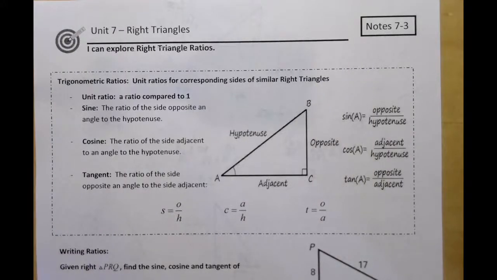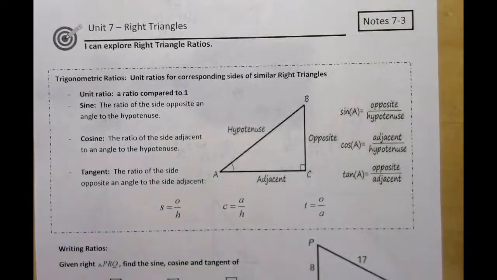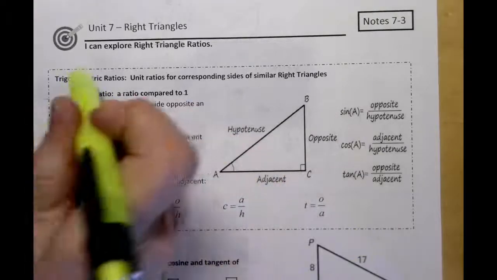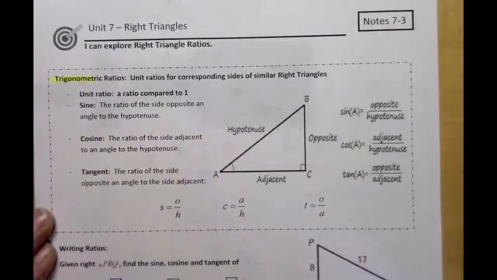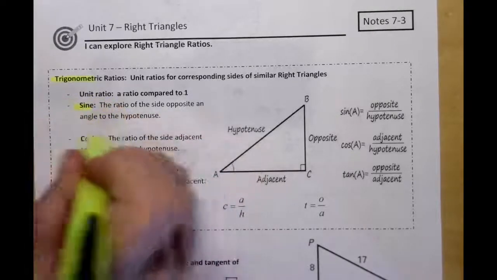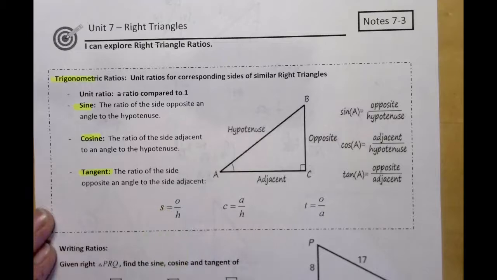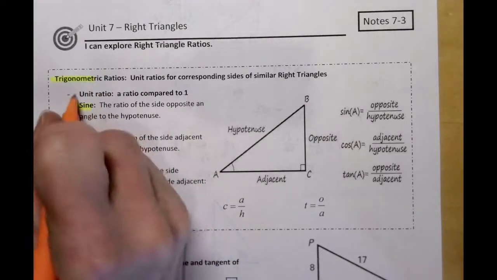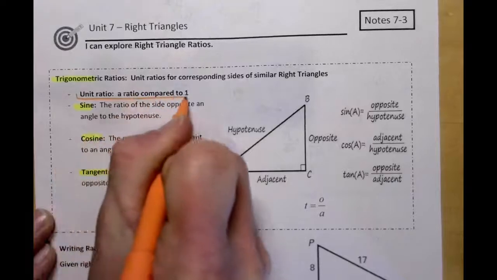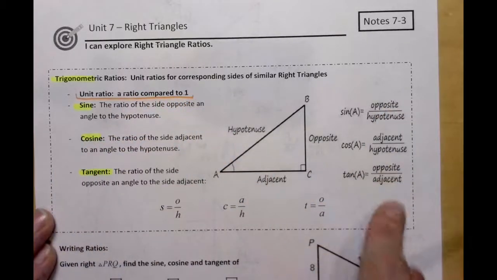All right, so here we go. Here's all about trig ratios. Trigonometric is the fancy word for triangle. And it's triangle ratios, and we have three of them we're going to learn about: sine, cosine, and tangent. And each of these are a unit ratio where we're going to compare the relationships between